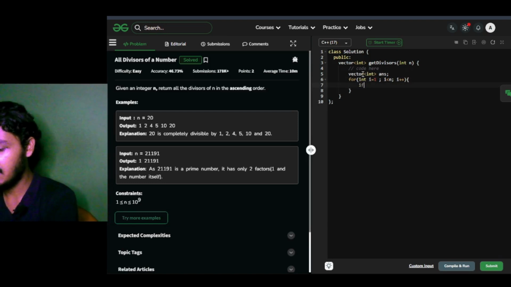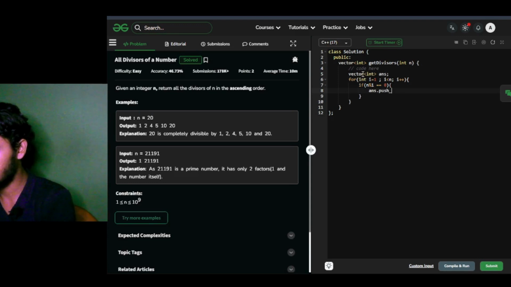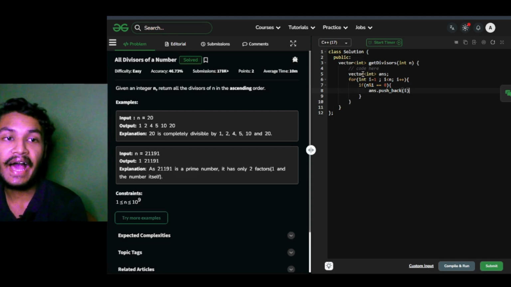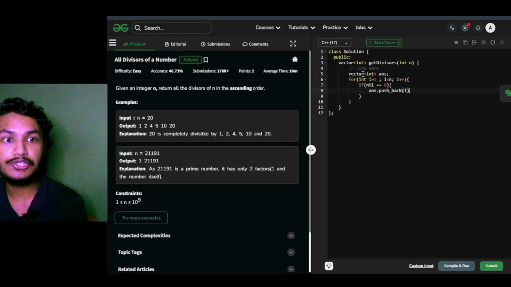What we were checking, if n modulus i is equal to 0, then we will do answer dot push underscore back i. If n modulus i is equal to 0, we will store that number into our answer array.